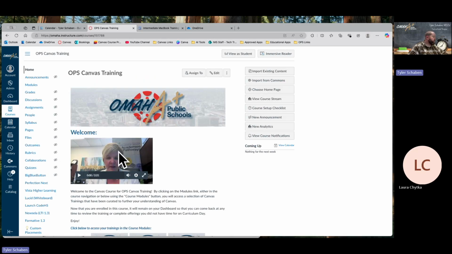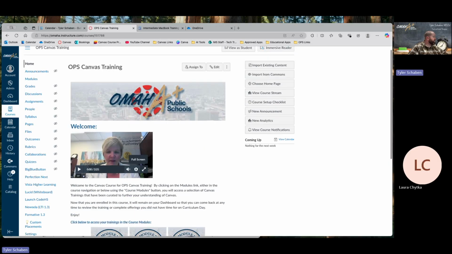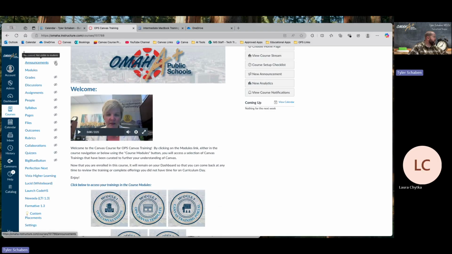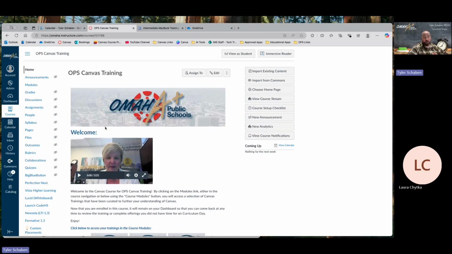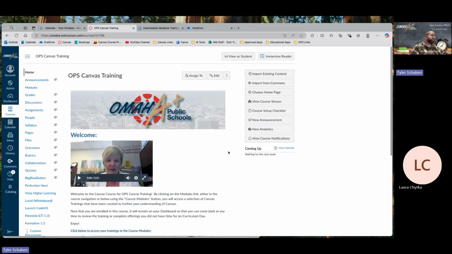when you're looking at a course, you'll notice that there's some items here along the side. This is your course navigation. And the ones that your students will see will not have these little eyeballs next to them. So the little eyeball with a slash, what that means is your students can't see it, but you can. So that's what these eyeball slashes are. But everything that doesn't have an eyeball slash is going to be something that's going to be visible to your students. So if I go into student view,